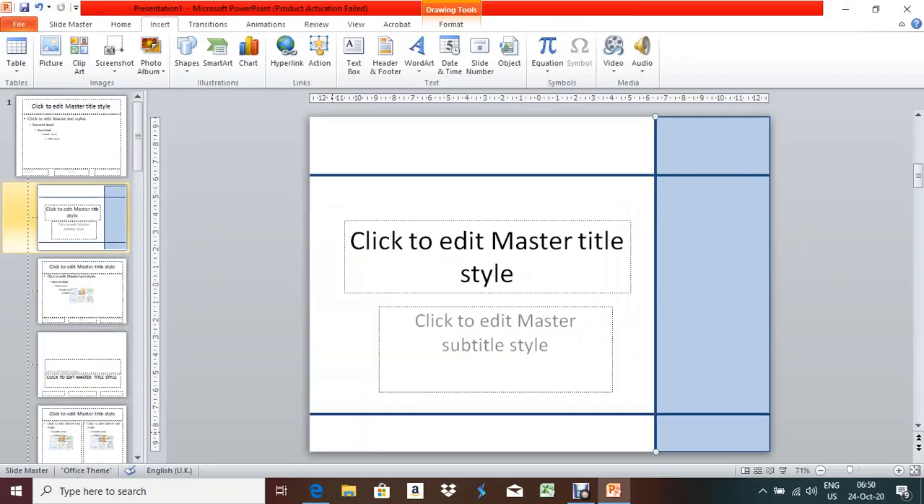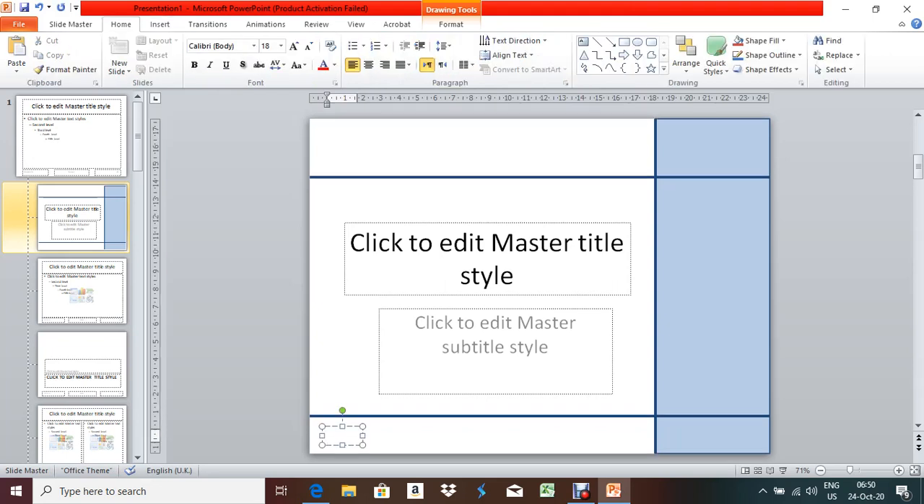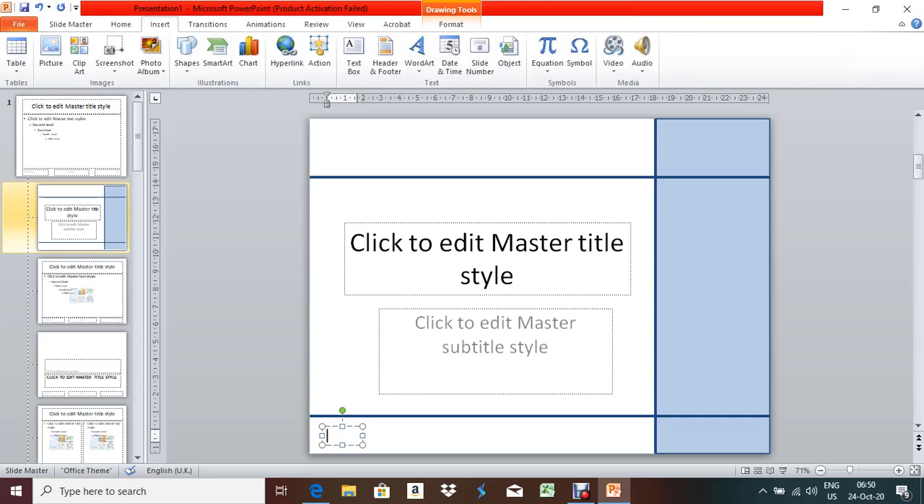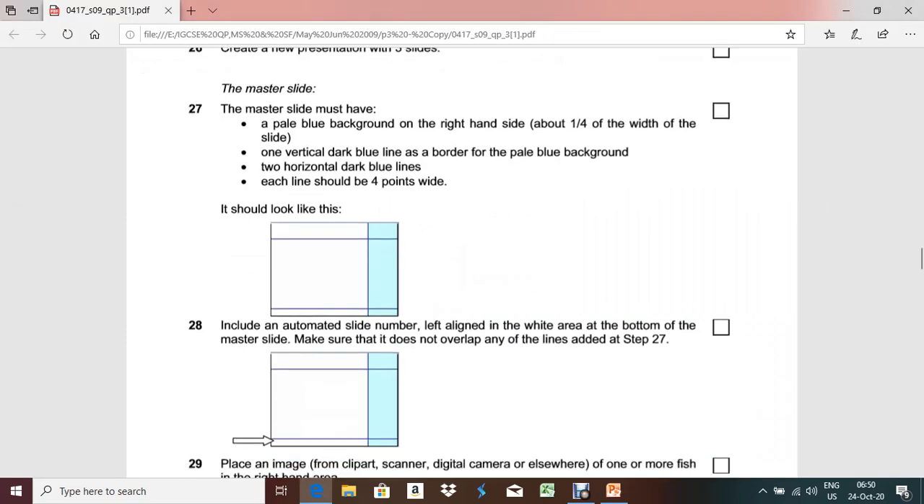For giving an automated slide number, first you have to make a box. So go to the Insert menu, click text box, draw one box, and when you draw the box, it should be clear that it is not overlapping with other lines. Again you have to go to Insert and then select slide number, then one hash sign will come. So when you come out from your master view, then the slide number will be visible. Done. Now next part of this question,